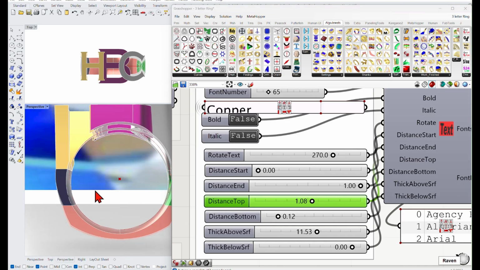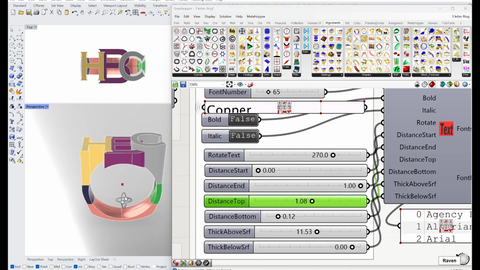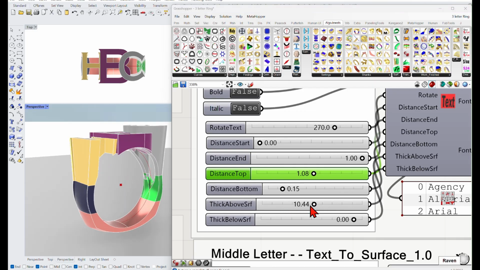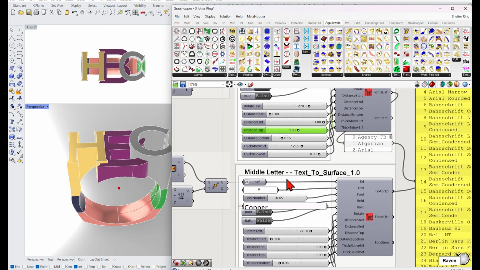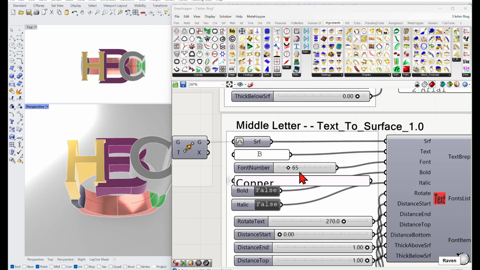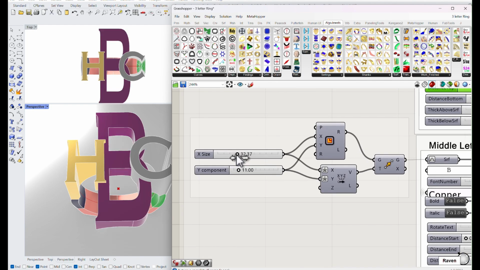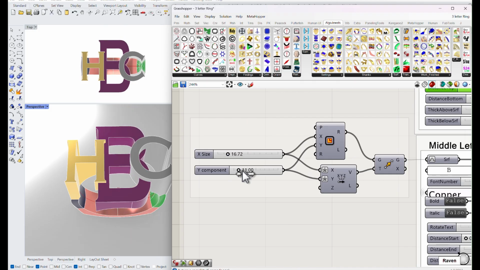So you want to keep it so that you get a bit of thickness in here. You can change the height. And you can see how everything changes parametrically as you adjust it. That's the left letter. Now you have the middle letter, and it can do the same. You can change the width or the length, the width,